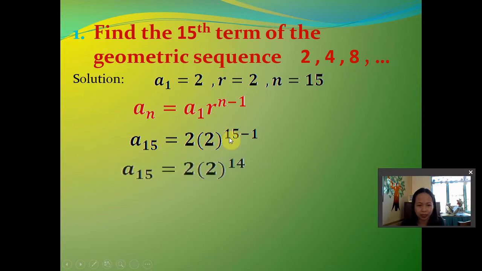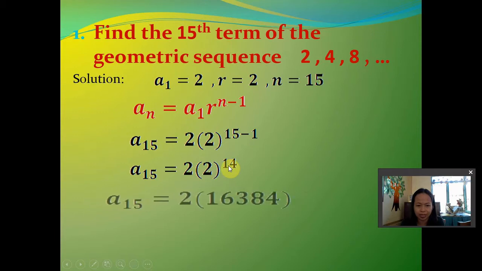After this, we will simplify. Simply copy this part here, this is what we are looking for, and then the 2 and 2, just copy those first. Then we will have 15 minus 1 first. Simplify, and this is 14. Using PEMDAS, we are going to perform the exponent first. So 15 minus 1 is 14. Next, 2 exponent 14, meaning you will multiply 2 14 times, 2 times 2 times 2 up to 14 times. So we can get